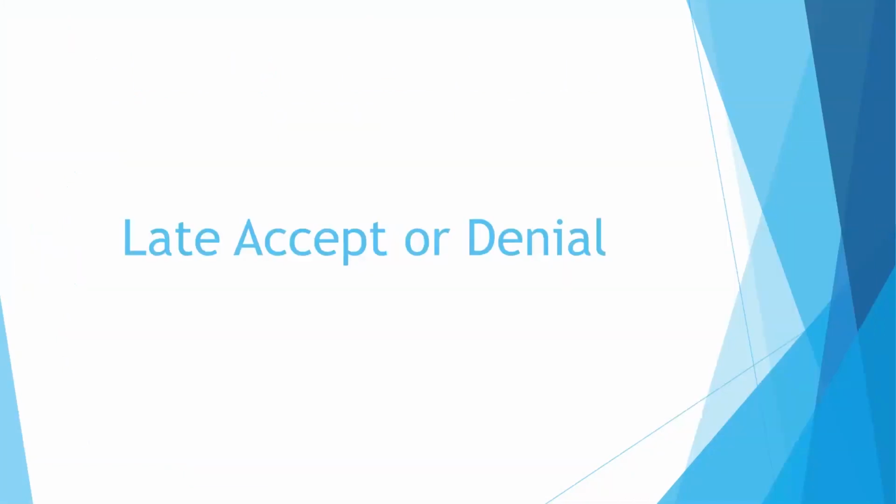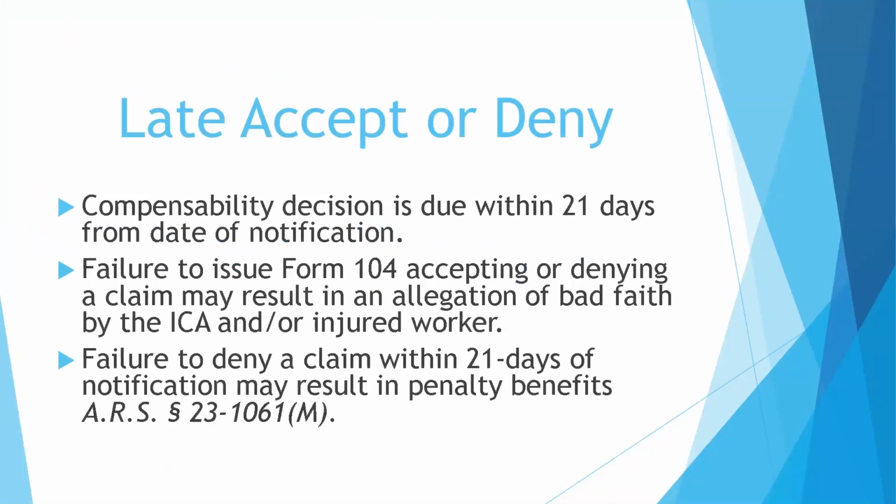Late accept or denial. A compensability decision is due within 21 days from the date you are notified of the claim by this commission. Failure to issue the Form 104 accepting or denying a claim may result in an allegation of bad faith by the ICA or the injured worker. Failure to deny a claim within 21 days of notification may result in penalty benefits pursuant to ARS